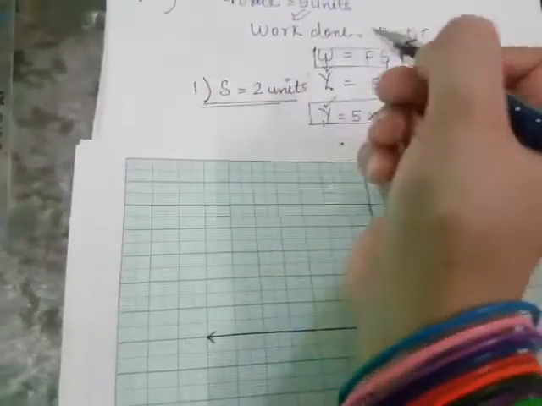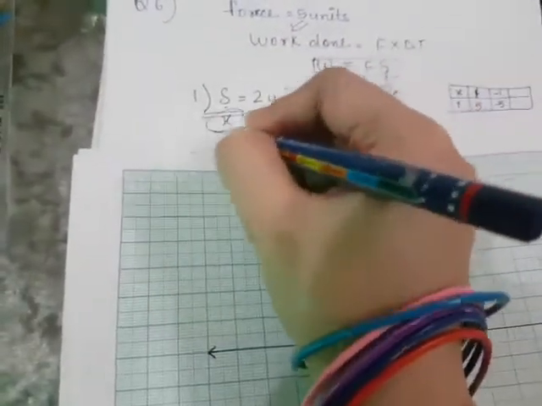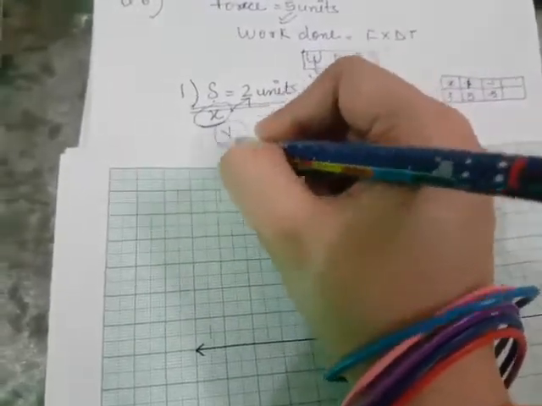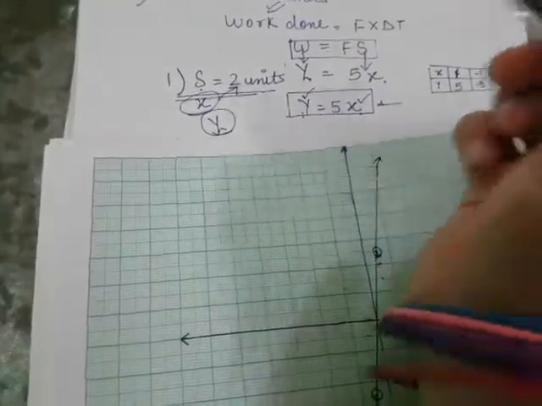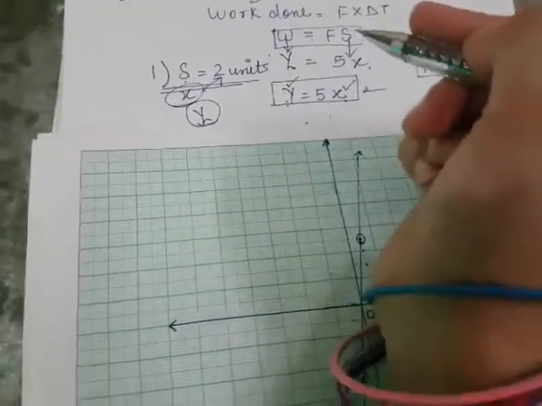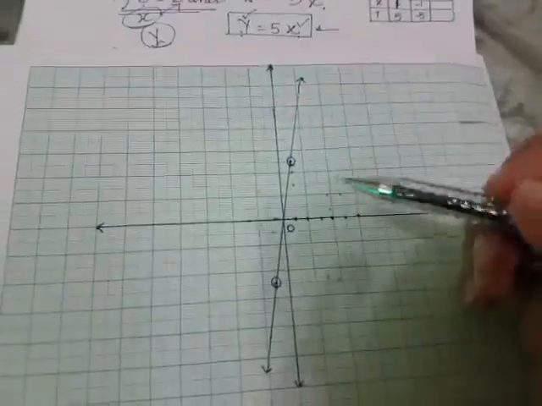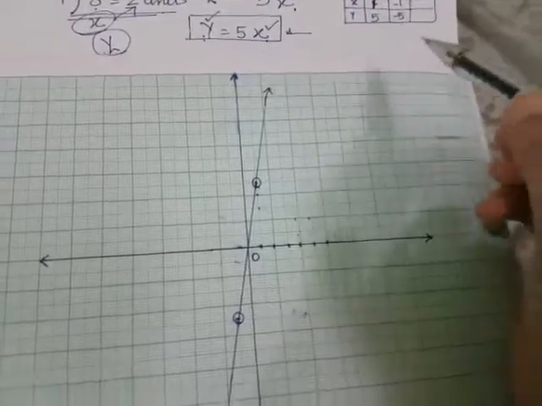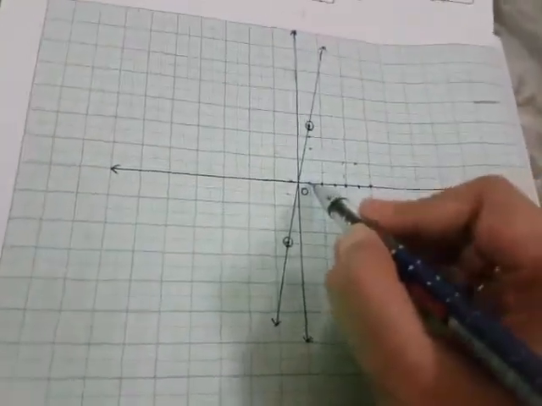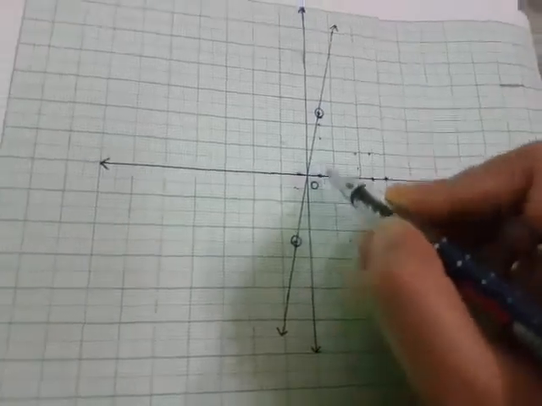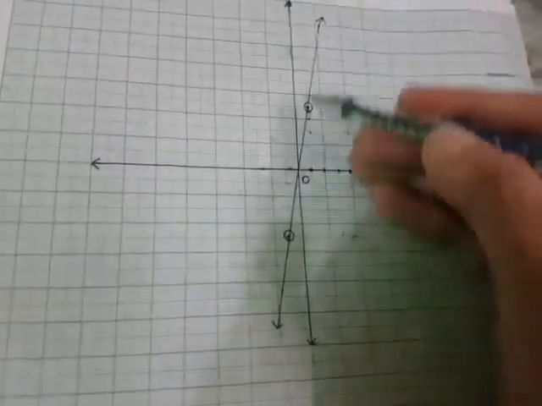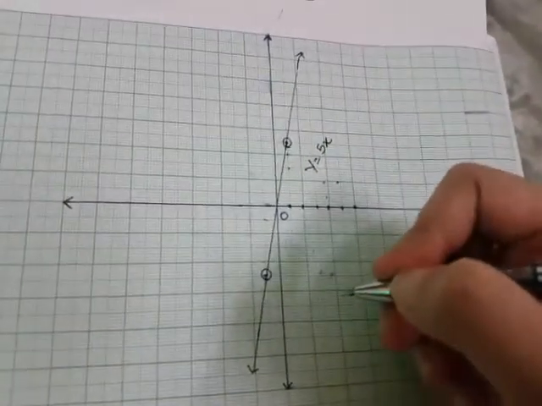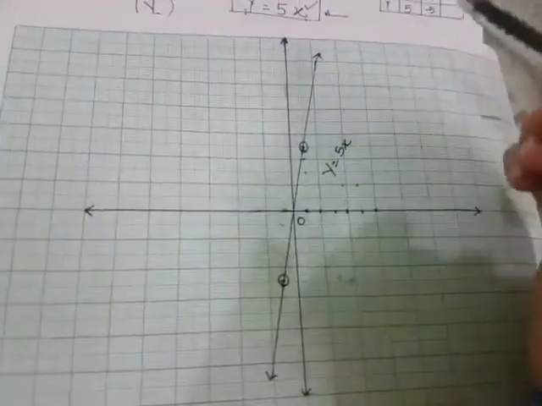Okay, it means distance traveled we have let as x. So x coordinate point they have given, and they are asking the work done. It means y coordinate point they are asking, but they are saying that you find out the solution from the graph. So first we will draw the graph, and I have already drawn the graph of this equation by taking these two values 1, 5 and -1, -5, and I have taken 5 small division is equal to 1 unit. So this is the line representing the equation y equal to 5x. Now we will find out the solution of these two parts graphically.